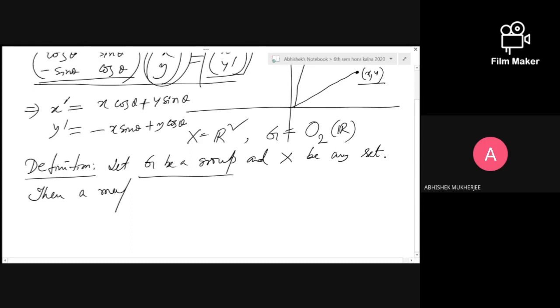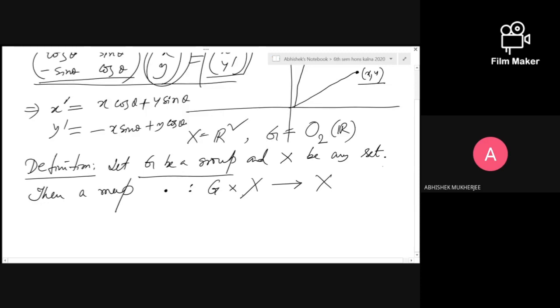Then a map which is denoted by dot, colon, G cross X, that is we are considering the Cartesian product of the group with the set X, and where will it map? It will map to the set X. So X is the codomain of this map. So let G be any group, X be any set, and if we consider a map dot from G cross X to X